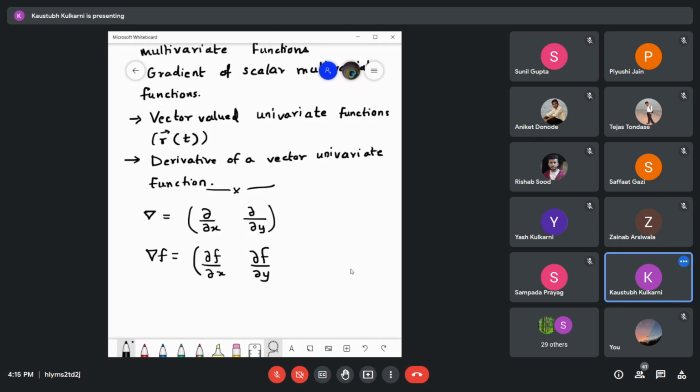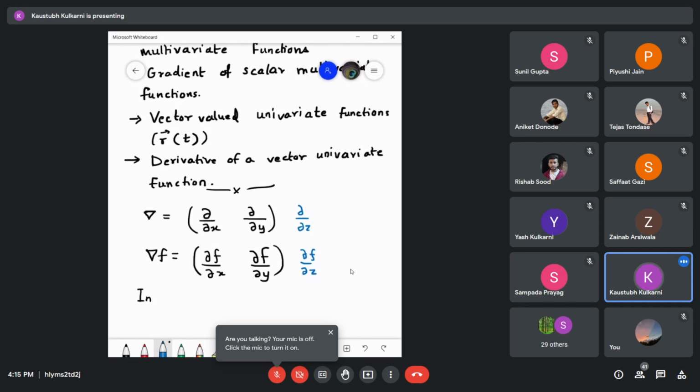Similarly, in the case of three variables, it will be dou by dou z over here, with dou f by dou z. And in general, if there are n variables,